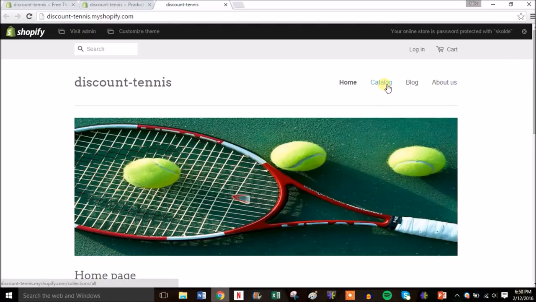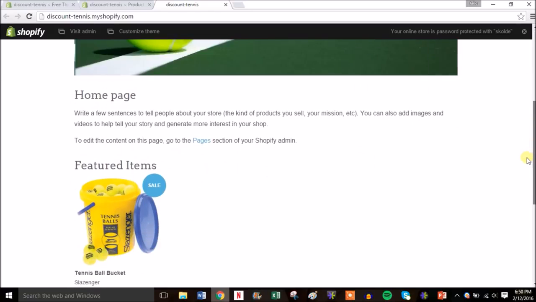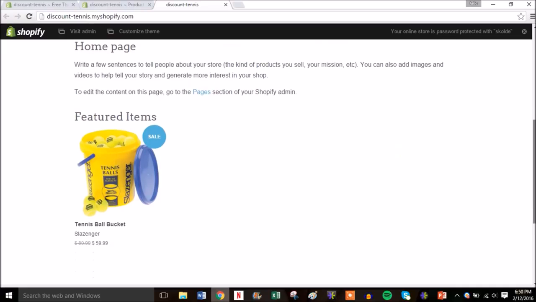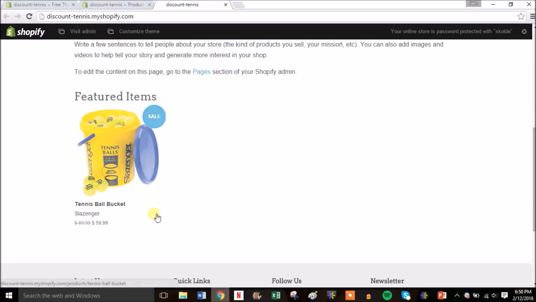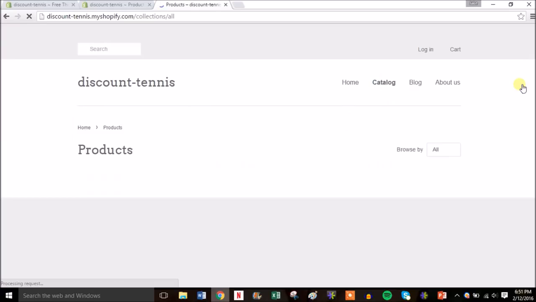So if you go to catalog, or you can see on this theme, it will show up on your home page here. We're still going to go back and edit all of this out. But as you can see, as I put the compare at price at $89.99 and the sell price at $59.99, that's how you create a sale. So see, it shows up, it's on sale. So you can do that even if the price you want to get is $60. You can still just put one of these just so it shows sale and stresses urgency, but that's up to you. So you go to catalog